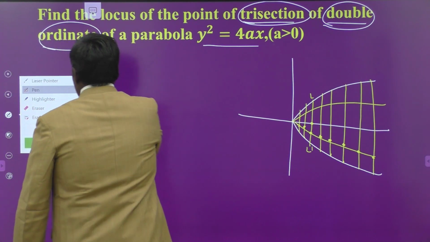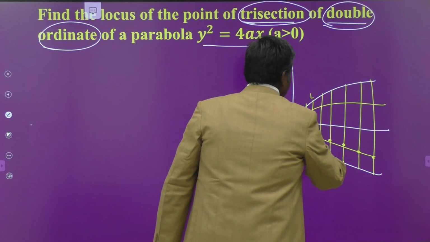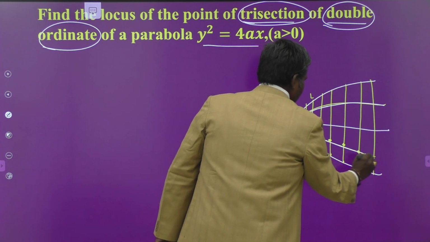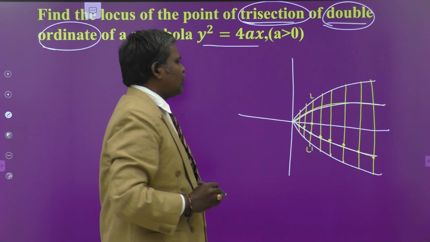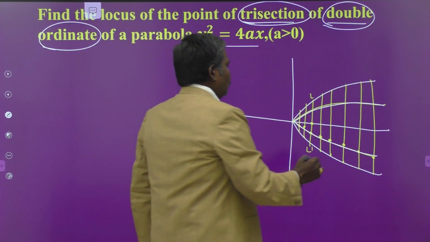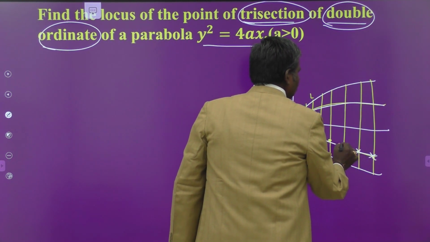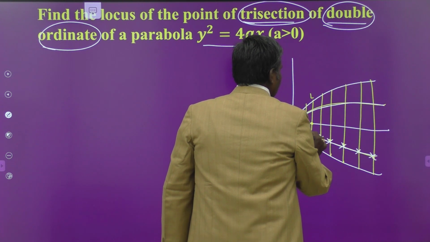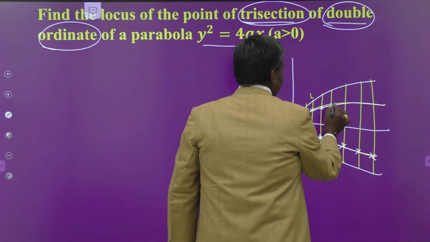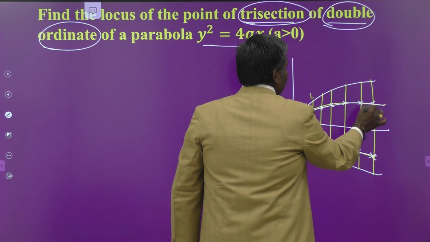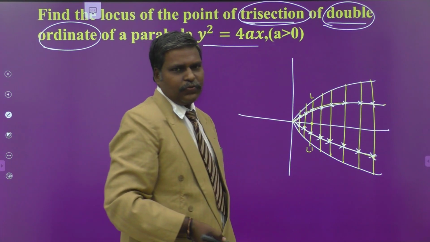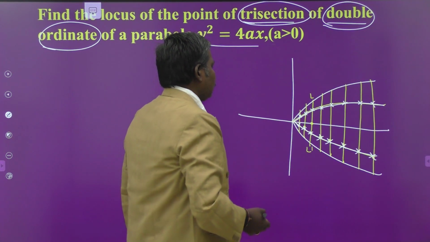So this is the locus. This is your required locus, you have to find out. That is the meaning of the question. You collect all the points which divide in the ratio either 2:1 or 1:2. You have to find out the collection of these points, that is the locus you are going to find out here. How to find out this one?